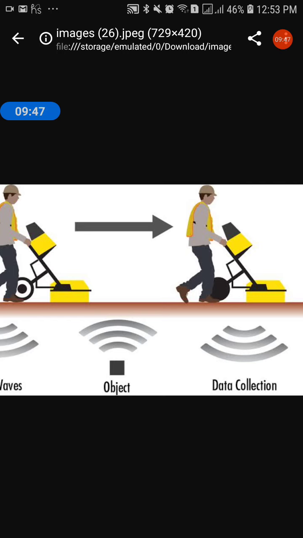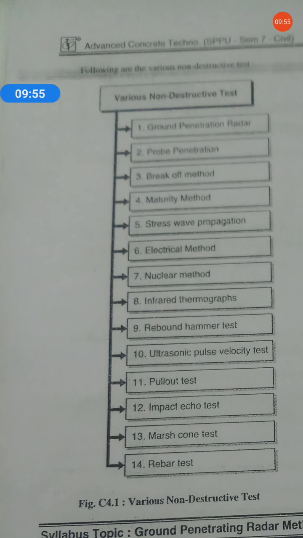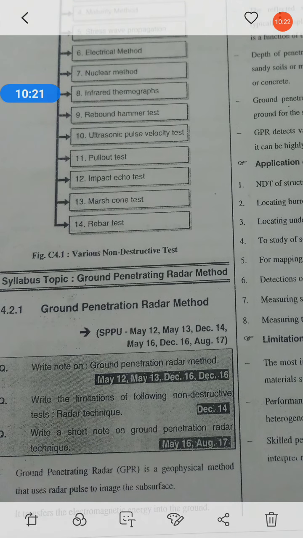Likewise, if you use a radar system in concrete, it will give all the details of the inside of the concrete. Means if there is any obstruction, if it has some cracks or the concrete has some damages, it will give you everything about that concrete subsurface. So this is GPR. In detail, just read this one.